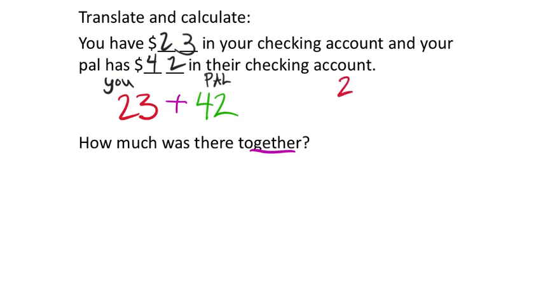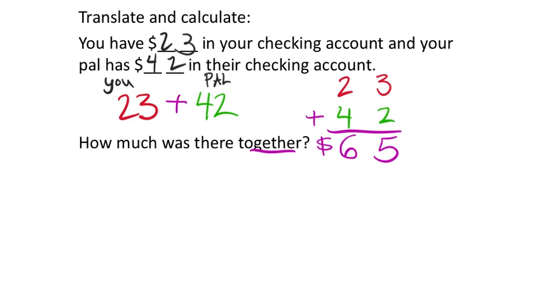So I'm going to do this by place value. Now, again, some of you are getting fairly quick at this, which is great news. So please be patient while we go through this for everyone else. In the ones place, 3 plus 2. So again, 3 fingers up, you can put 2 more fingers up or start with 3 and then add 2. You're going to end up with 5 in the ones, nothing to carry. And then for our tens, 2 plus 4: 2, 3, 4, 5, 6. So we end up with 65. Together, you have